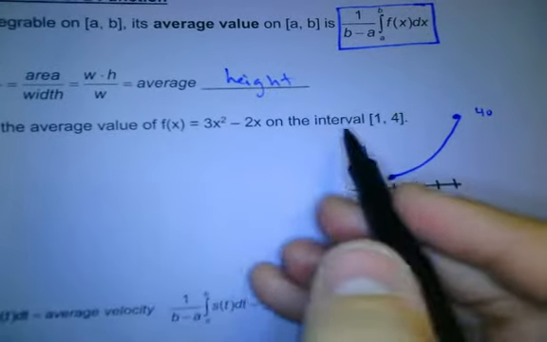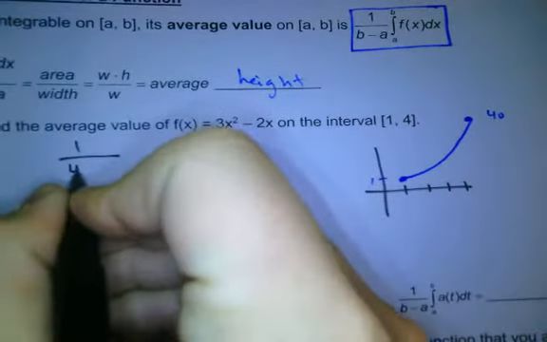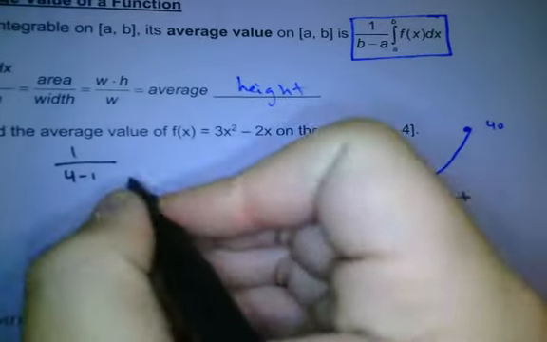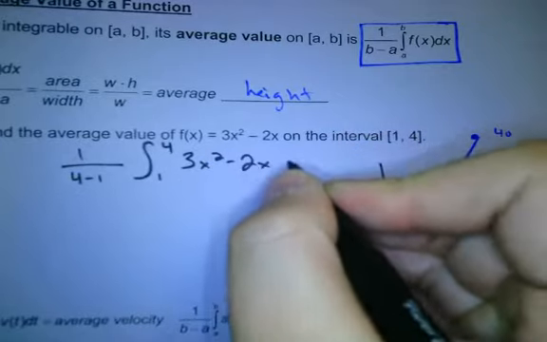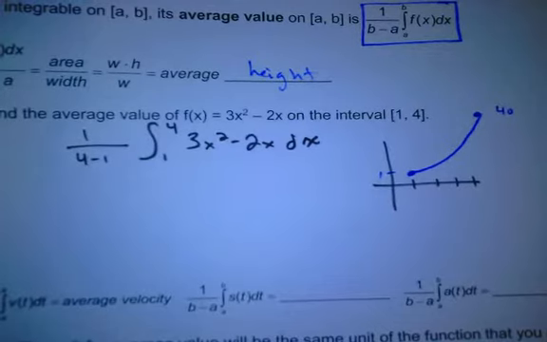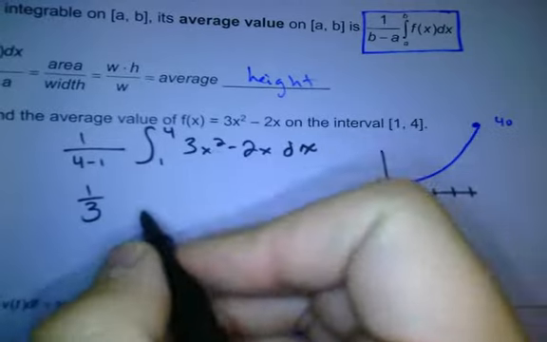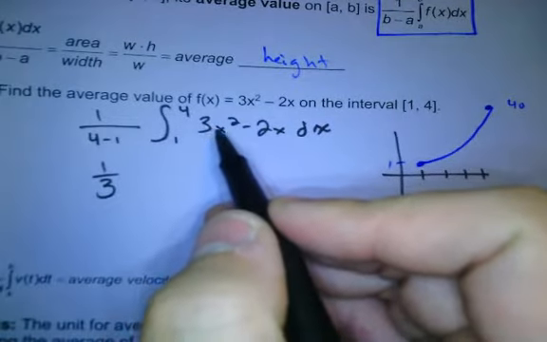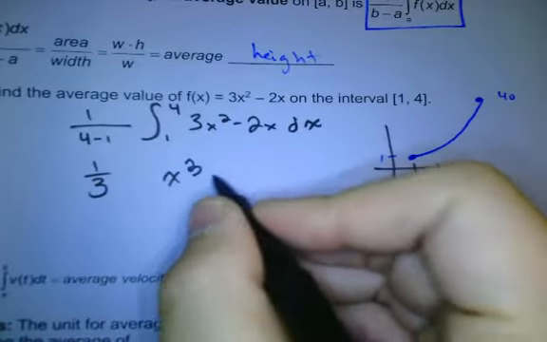To set this up, what's my setup to find the average value? It's 1 over 4 minus 1, which is 3. Integrate from 1 to 4 of 3x squared minus 2x dx. What's my front number? Someone just said it. It's 1/3. Let's go ahead and integrate this. What's the antiderivative of 3x squared? x cubed. Minus